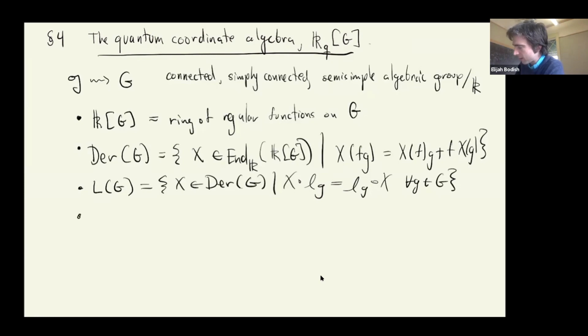And then this generates a ring of left invariant differential operators